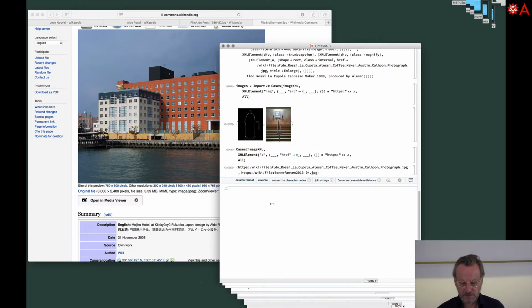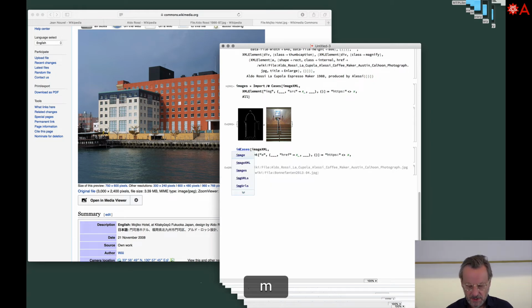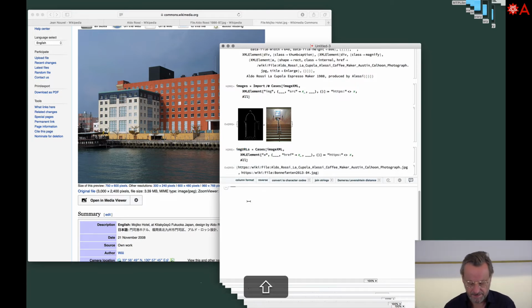There we are with this. If we say image URLs, and this, now